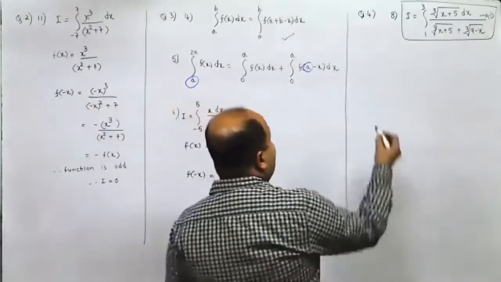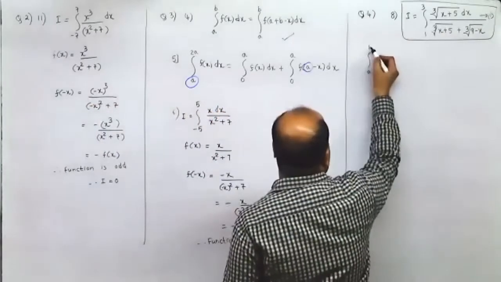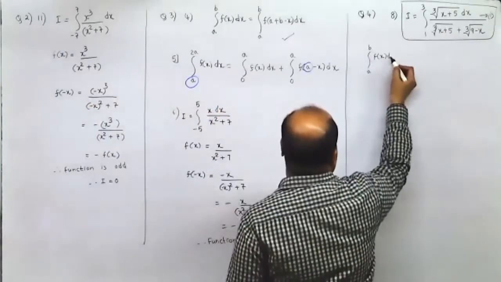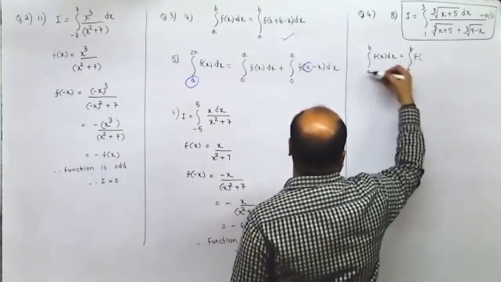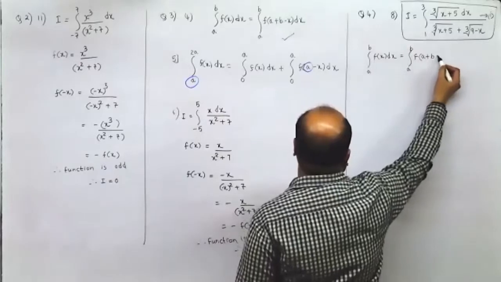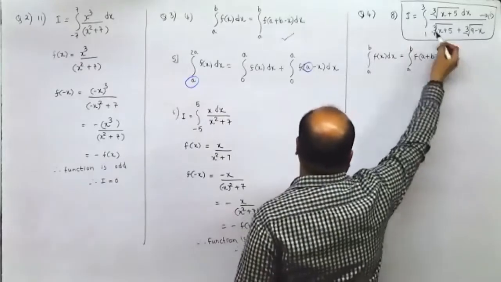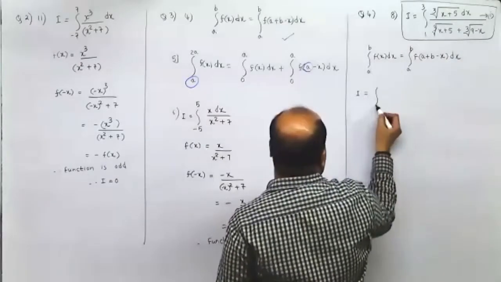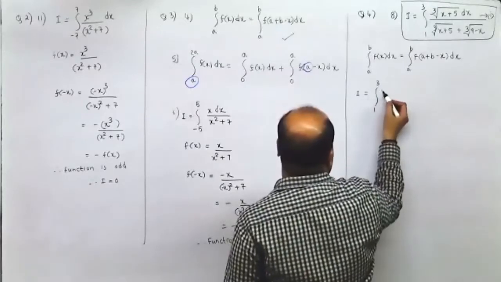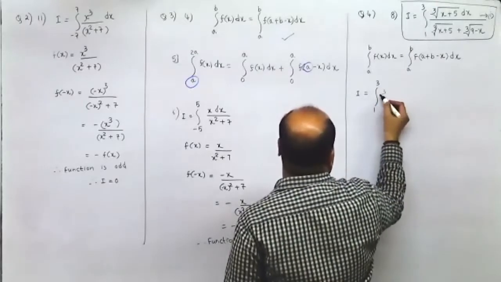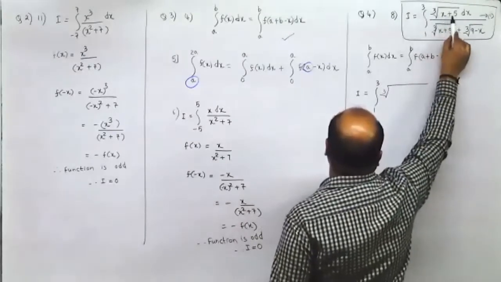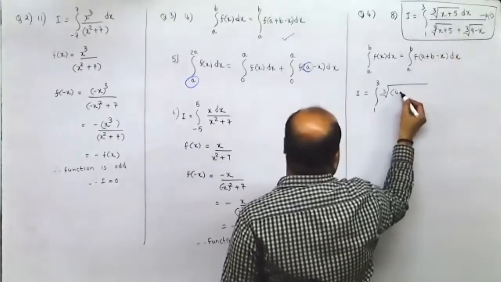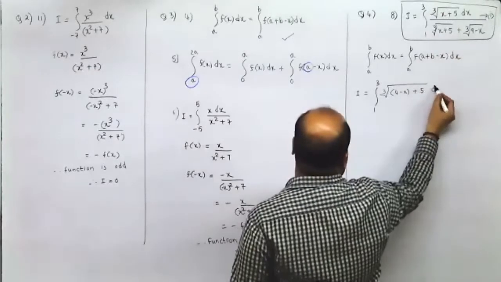That is, the integral from a to b of f of x dx is the same as the integral from a to b with x replaced by lower limit plus upper limit minus x. Now that means here the limits would be 1 to 3. Instead of x, this is cube root of x would be 1 plus 3, 4 minus x plus 5, 4 minus x plus 5.